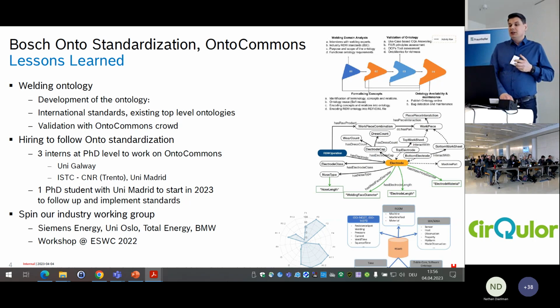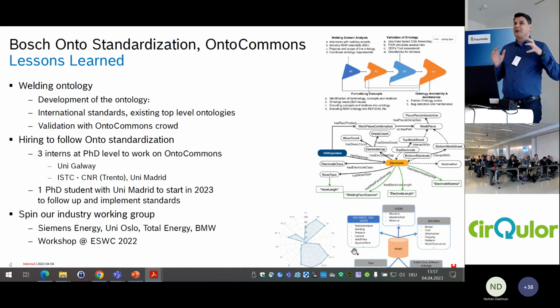We've been adapting the processes of ontology development for the use case, and we've been cross-referencing that with the colleagues from OntoCommons. We developed artifacts, the welding ontology artifacts. We analyzed them on the FAIR principles, and we also made sure that the artifacts we have are based on top-level ontologies, for example, the sensor ontology and other international standards.